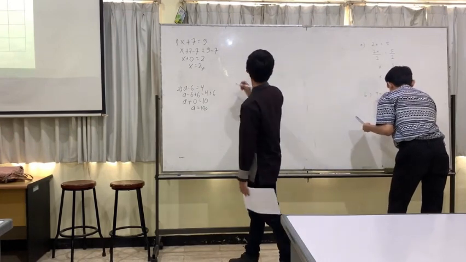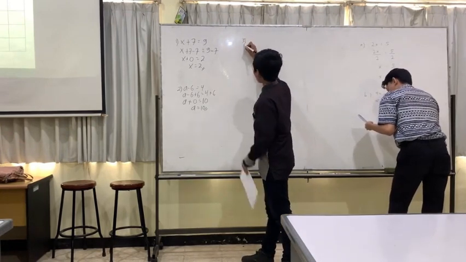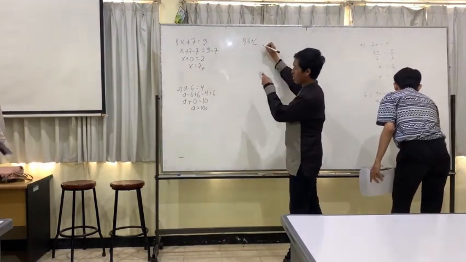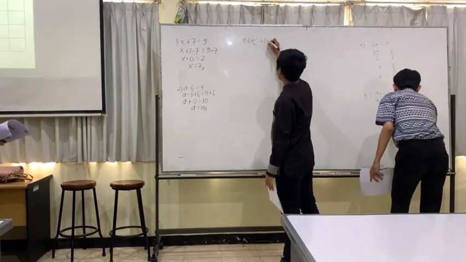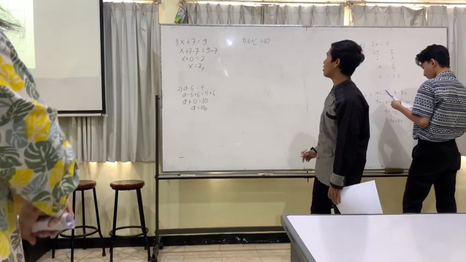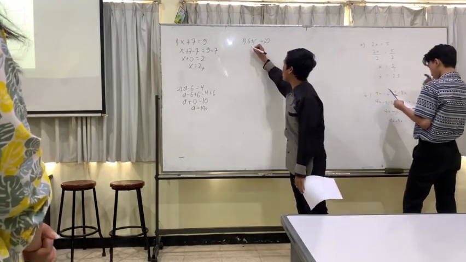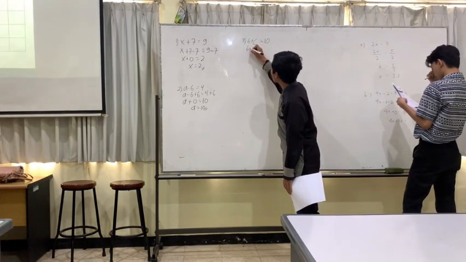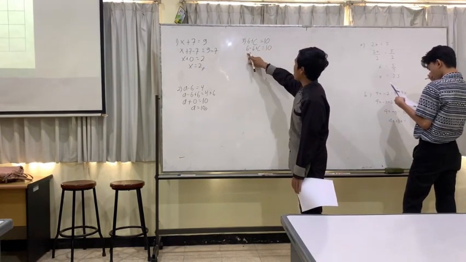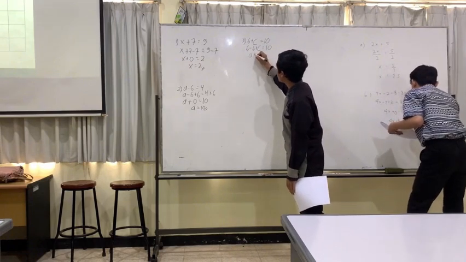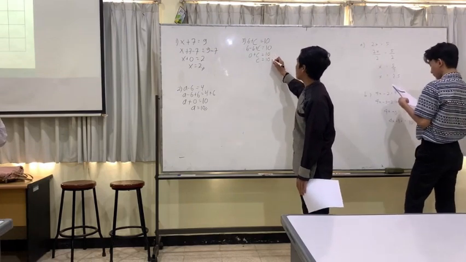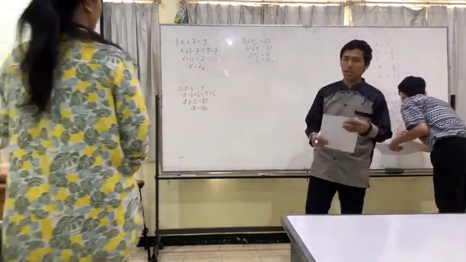The third equation we have 6 plus c equal 10. We can subtract 6 from both sides. Write 6 minus 6 plus c equal 10. We can calculate and get 0 plus c equal 10. So we get c equal 10. This is the solution for the third equation.